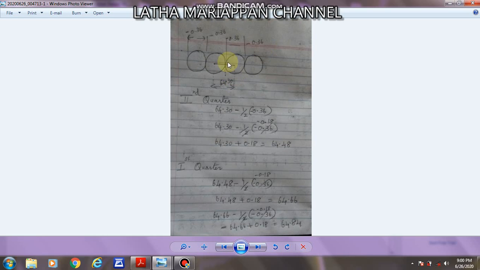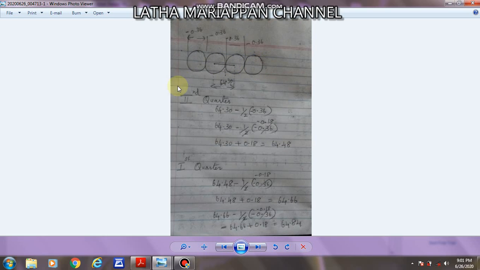So first I am going to find out, because it is the middle, the second quarter. Is it clear? For backward direction, we have to subtract minus 0.36. For forward computation, we have to add minus 0.36. See, this is our average trend. For this value we have to subtract minus 0.36, and again, to find out the first quarter, we have to subtract minus 0.36. And for forward computation, we have to add minus 0.36 for the third and fourth quarter.